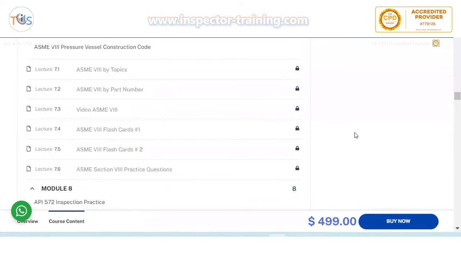And ASME Section 8, we talk about the pressure vessel construction code, and we have brought this in by topics and also by part number or section number. And we have 2 sets of flashcards and practice questions. You might appreciate that out of 170 questions, not more than 10-12 questions come from here. So unlike many training providers that might concentrate a lot on these, there are not many questions coming. So we just explained enough to cover the publication effectivity sheet and